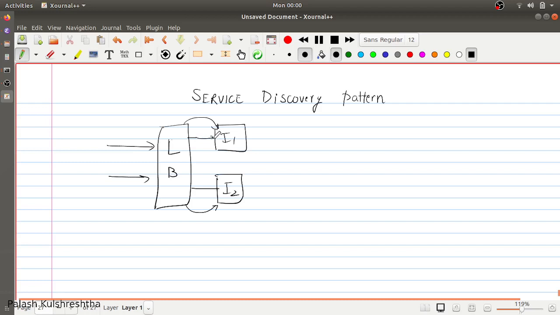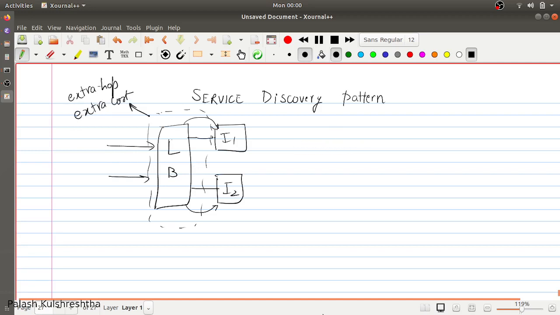So this is the general case in which we have an extra layer. The load balancer is an extra hop that we have, and it has extra cost also. It is an extra hop through which our traffic or the API has to travel, and it has extra cost as well.